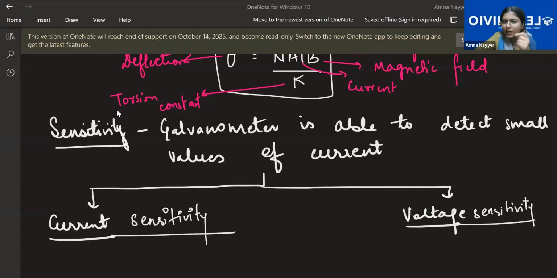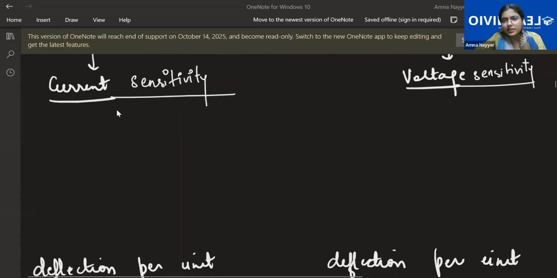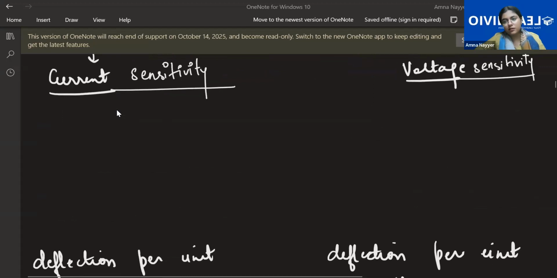Usually for small values, a very minor deflection should be there. But that can be due to mechanical error, manufacturing error, or wear and tear from usage. So that happens, and we call the galvanometer sensitive. Now there are two kinds of sensitivities. Ma'am, sensitivity is a type of instrument error, because it is giving you a larger value for a lesser current, which shouldn't be there. So that's a sort of error.